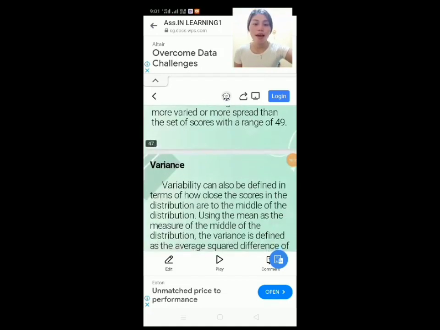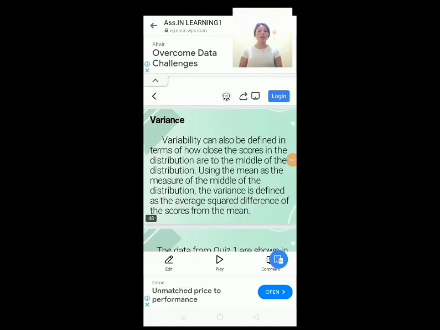Alright, so next is variance. Variability can also be defined in terms of how close the scores in the distribution are to the middle of the distribution. Using the mean as the measure of the middle of the distribution, the variance is defined as the average squared difference of the scores from the mean. So the variance is defined as the average squared difference of the scores from the mean. So ang variance is mauna ni siya ang average squared